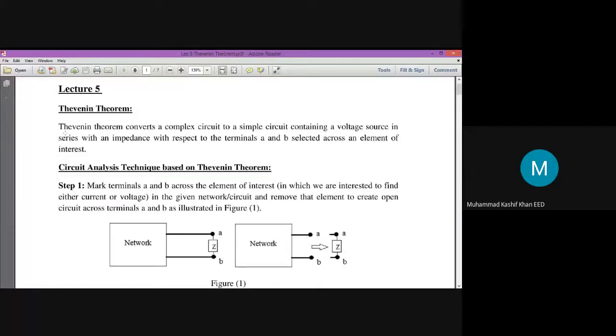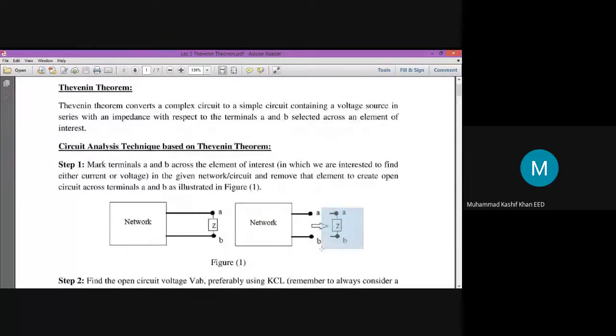Okay, today's lecture is about Thevenin theorem. So Thevenin theorem is one another method to solve complex circuit. The advantage of the theorem is that it simplifies the circuit for you. It separates the element of interest for you, and then you can find out any values related to element of